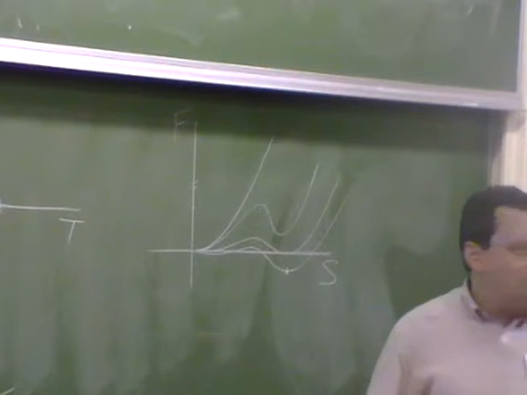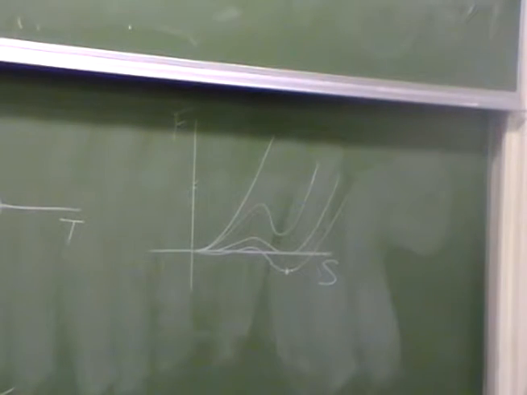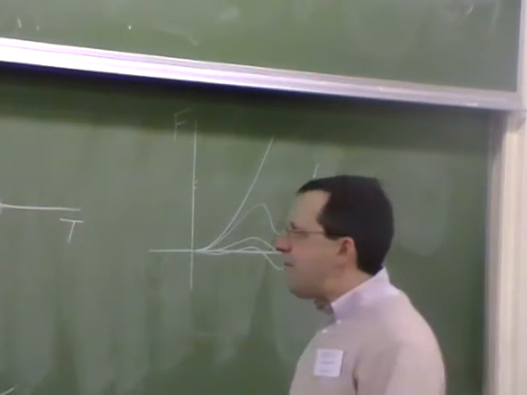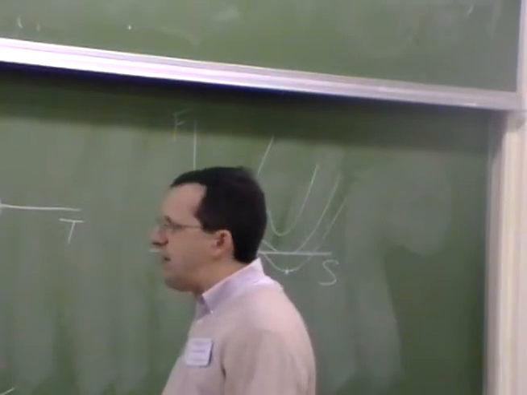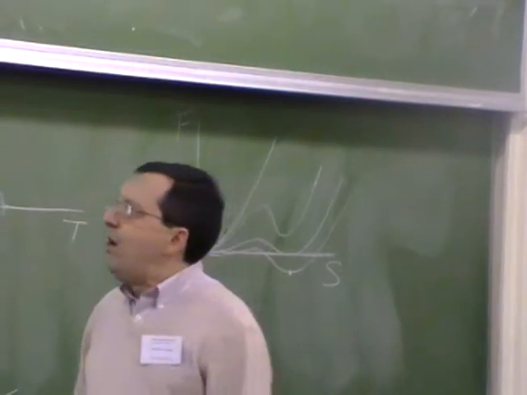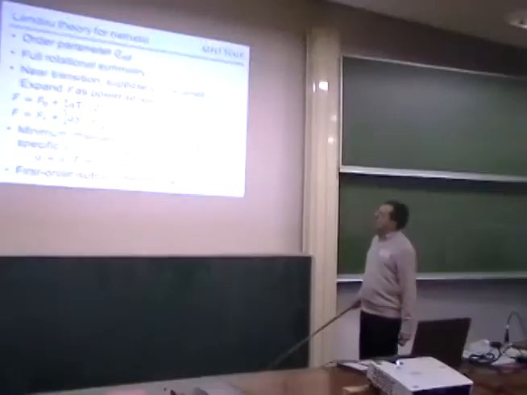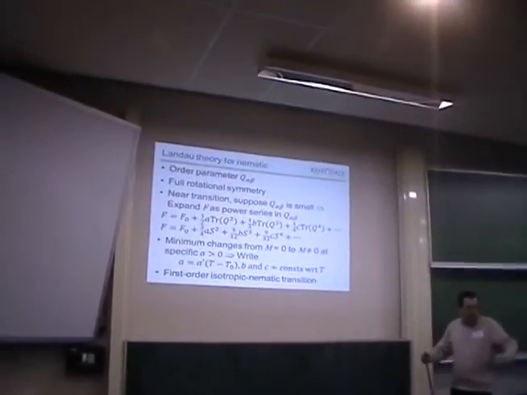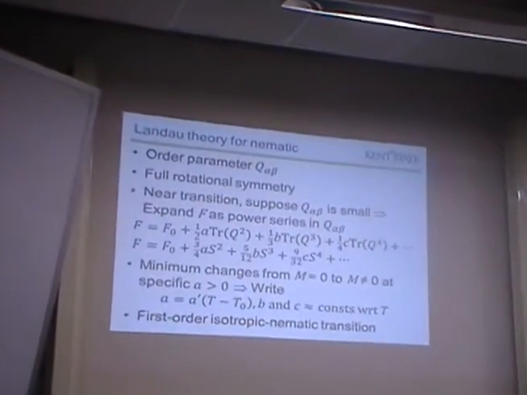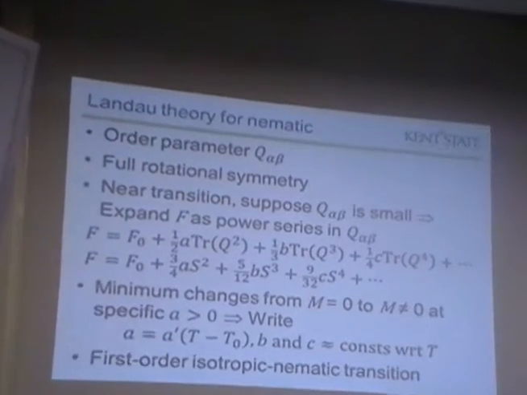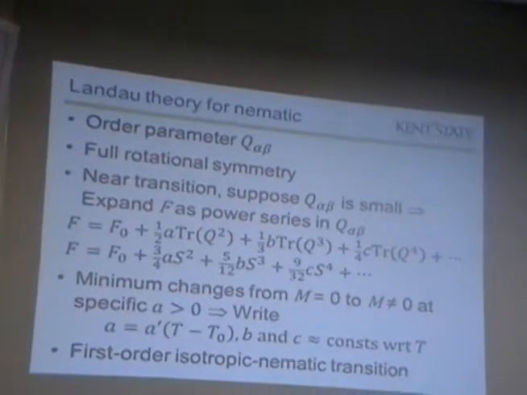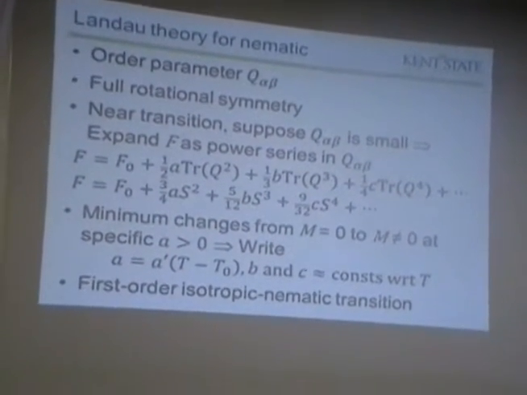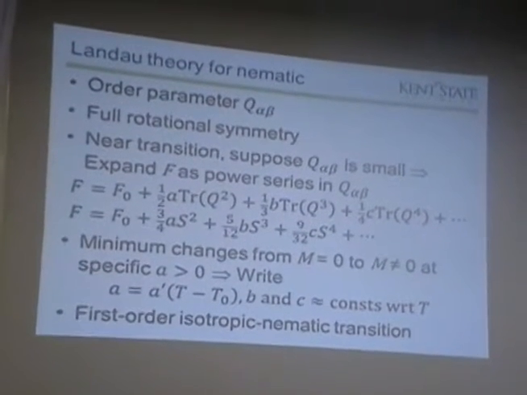But the amazing thing is that we barely put in any assumptions, right? Only something about the symmetry of the order parameter. Okay, so that's this alternative point of view of Landau theory as a way of getting out a free energy that is a function of the order parameter, depending on the symmetry of the order parameter.